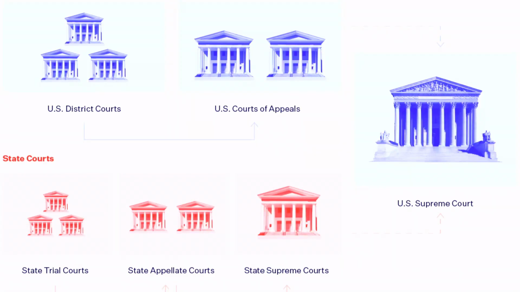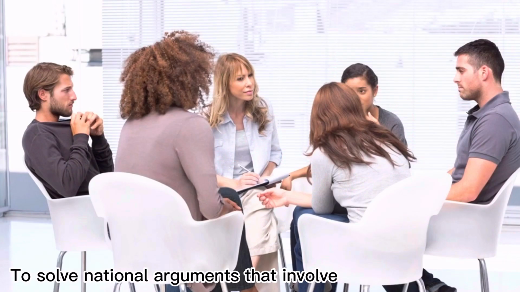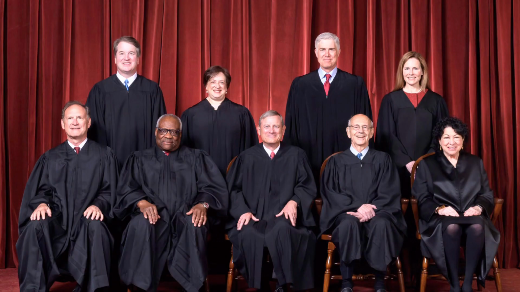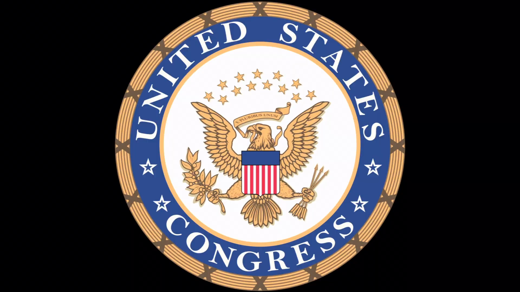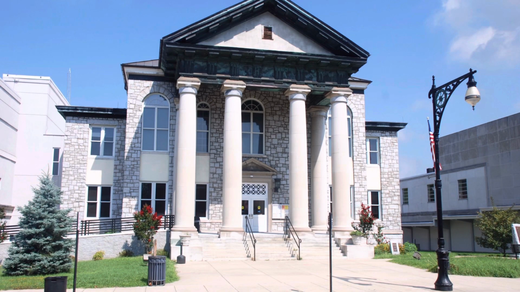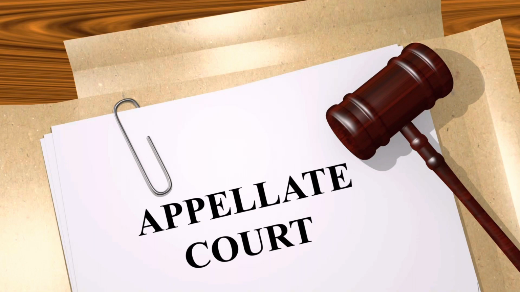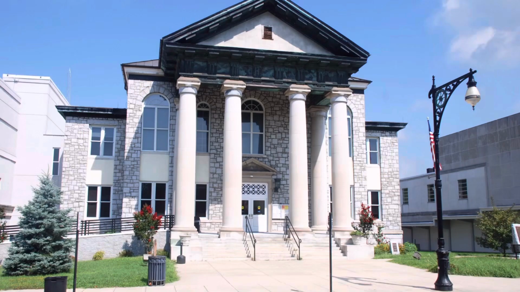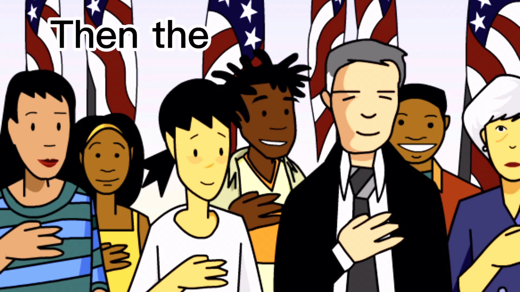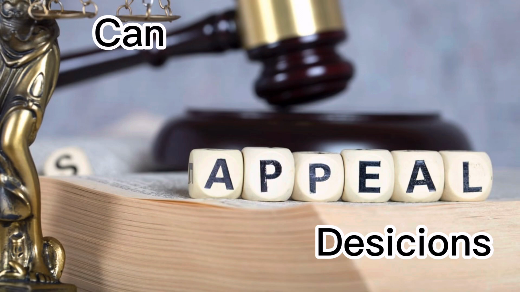The federal courts also have the power to solve arguments that involve national laws, the federal government, and judges. Congress has authorized two main inferior federal courts, the District Court and the Appellate Courts. It goes from the district court to the appellate courts to the Supreme Court. Most cases first start out in the district courts. Then citizens can appeal decisions from the district courts, in which case it will then be moved to the appellate